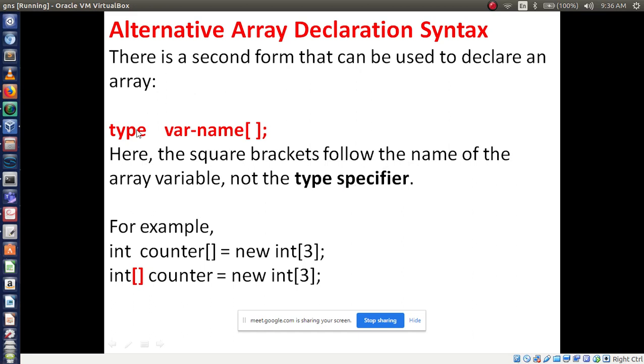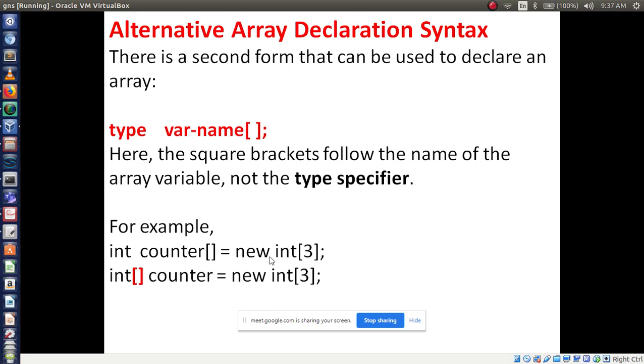So in C programming, I think you are using this kind of syntax: int, array name and square bracket, right? And this is also possible to declare an array in Java. For example, I can say int counter, then square brackets, that is one-dimensional, is equal to new int, then here is my size of the array.